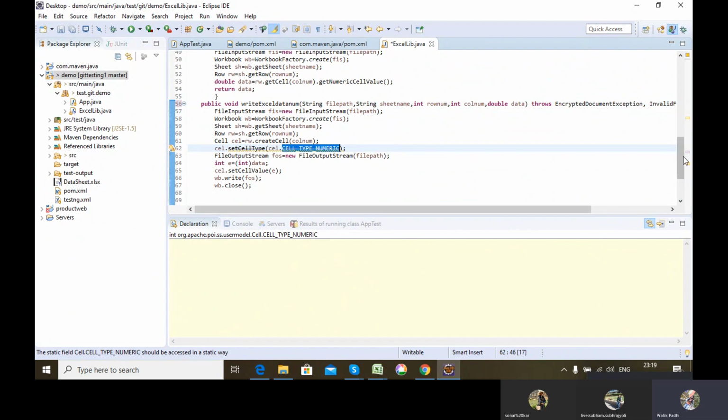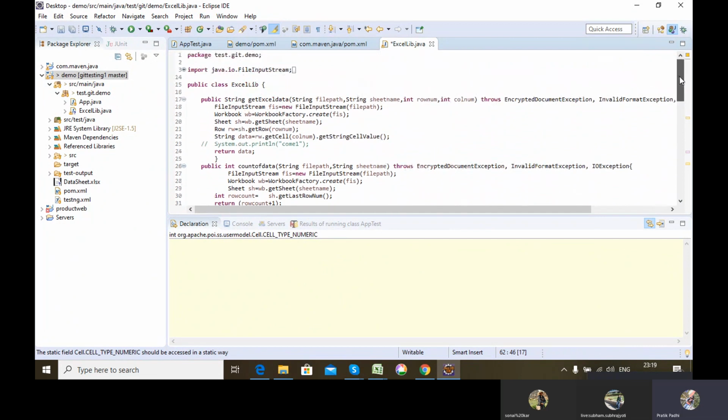So these are the lines of code which you will be following every time you want to write string data, read string data, write numeric data or read numeric data from Excel.